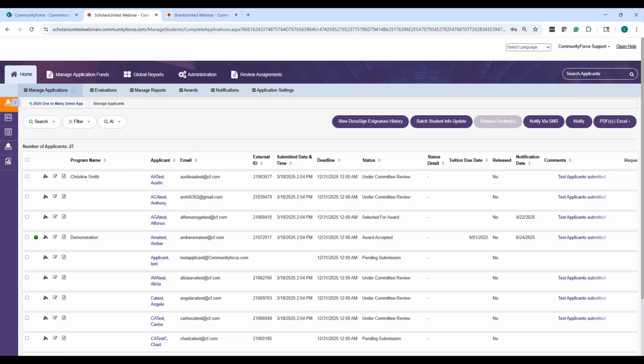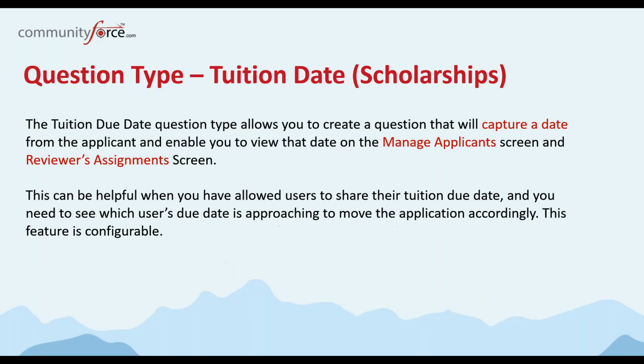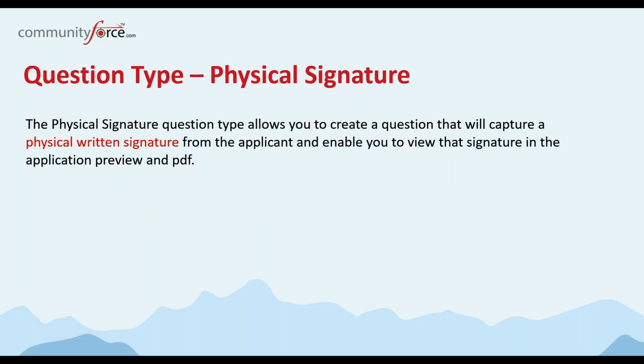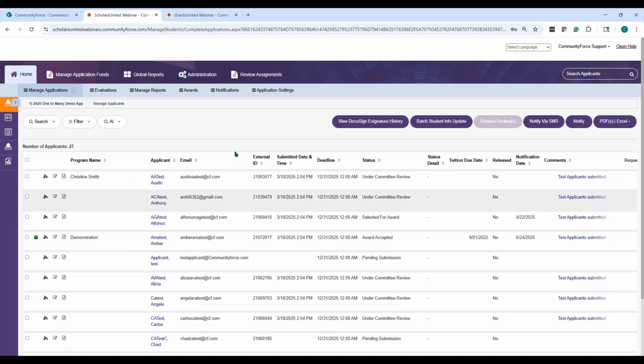And then the final question type I want to talk about is available on any site, of course. It's for capturing the signature. And what it does is it allows them to either upload a picture image of a signature, or they can actually have a little box that opens up where they can sign their actual signature for you to capture. Instead of just doing that electronic signature, this is called physical signature, where you actually get a physical signature from the applicants. So if I go back to the site, just so you can kind of see here,